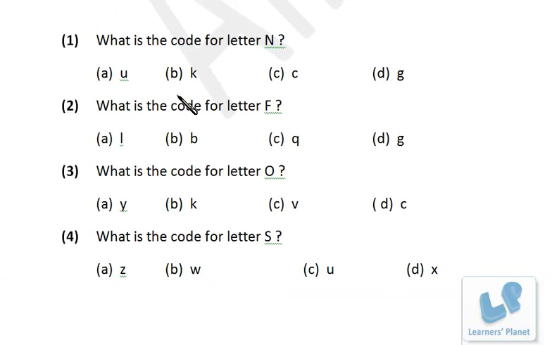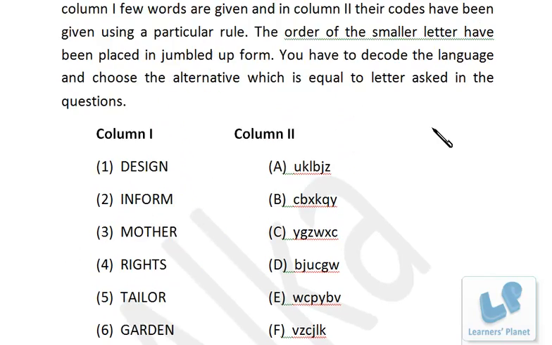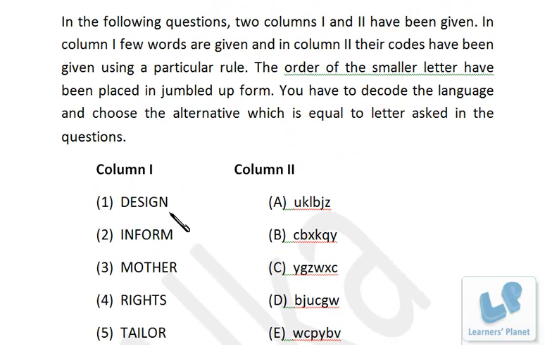Now, in the questions, what is the code for letter NF? It has been asked, and that is a unique answer from the options. That means what is happening? There is no rearrangement problem, but a unique code is given to every alphabet over here, right? Now, what we have to do? We have to make the comparisons between the two words, and we have to try to decode that. Like that, a replaced small letter for every capital alphabet.